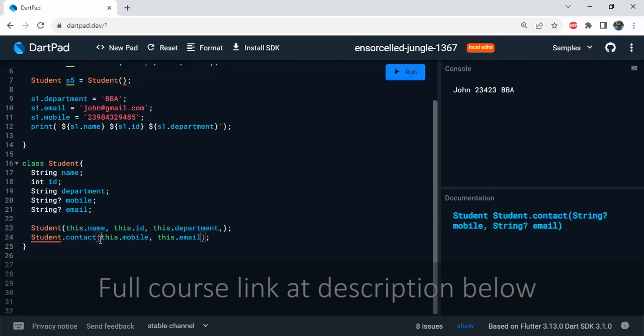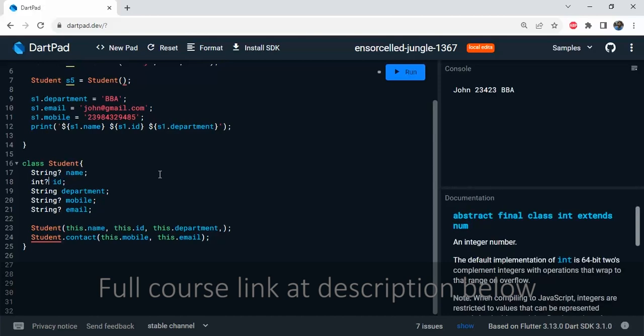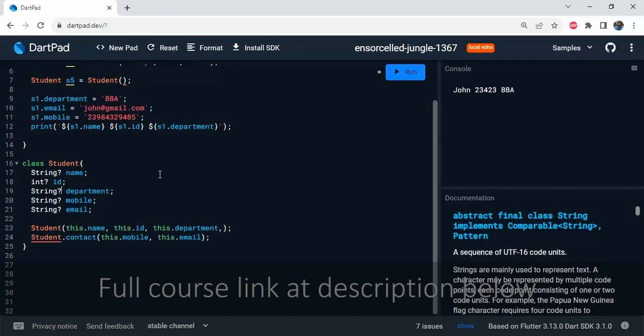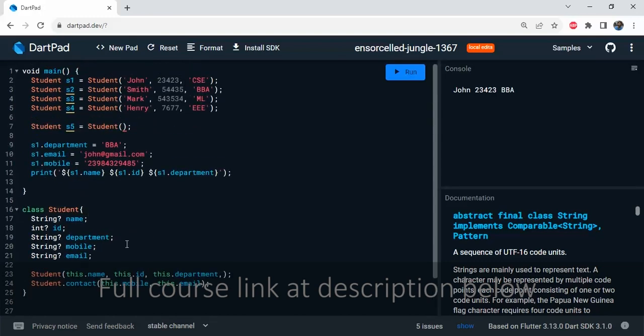But in this case, the necessary thing that we must do is, we can only define a named constructor if and only if all the properties of a class are optional or nullable. So if I now turn every property nullable, just like this, then I think the error will be gone, because now in this class, all the properties are nullable. So whether we provide the information through the constructor,